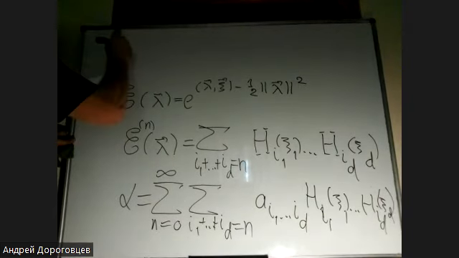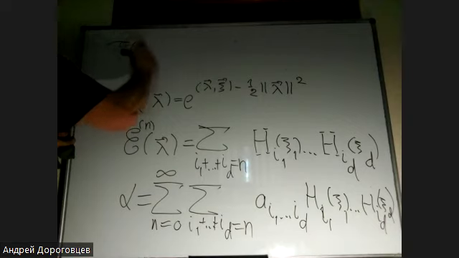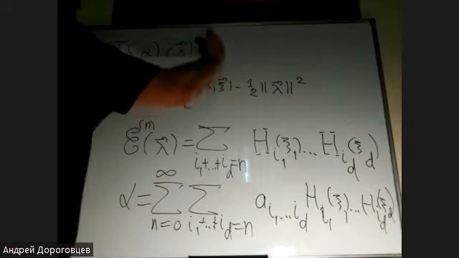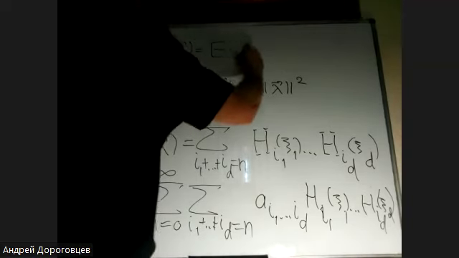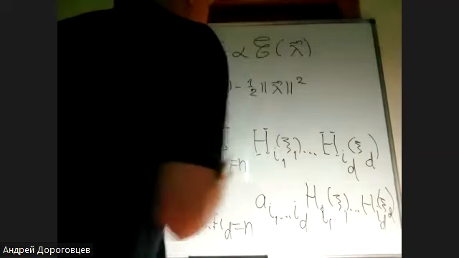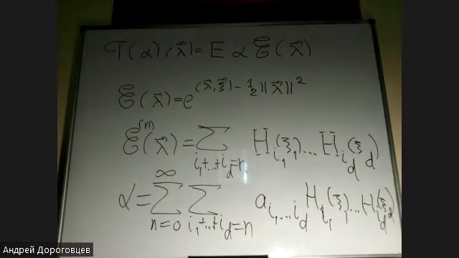So let us consider tau alpha from lambda. It will be equal to expectation of alpha multiplied by our lambda, and one can see